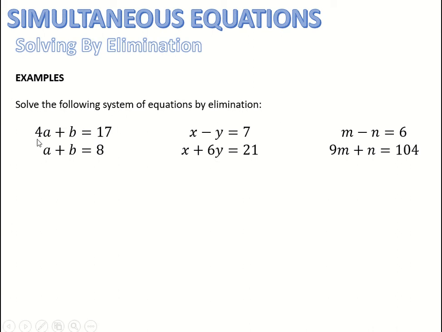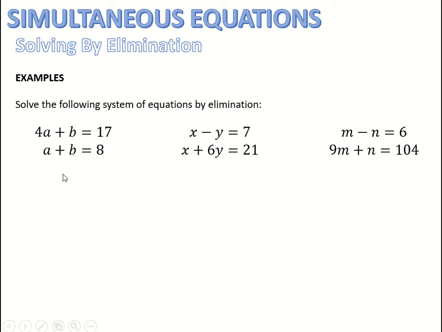Right, let's focus on this first one. We've got 4a plus b equals 17. Right, lots of solutions to that. Individually, I can't solve it, but combine it with this one, I can solve it. Okay, so the point is we're saying when you have a system of equations like this, that the a is the same in both of them and the b is the same in both of them. Okay, so I want to combine them both together by elimination so that I can find out what a and b